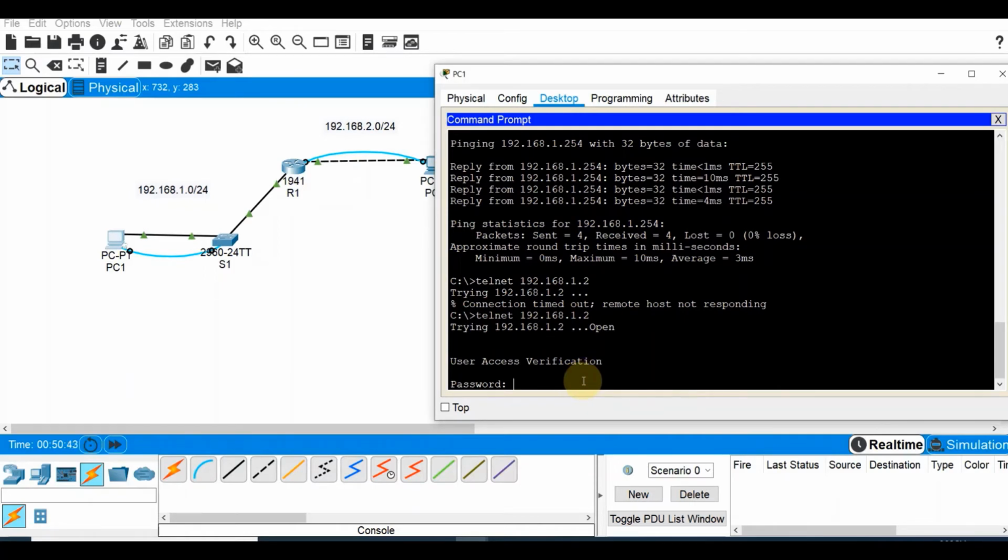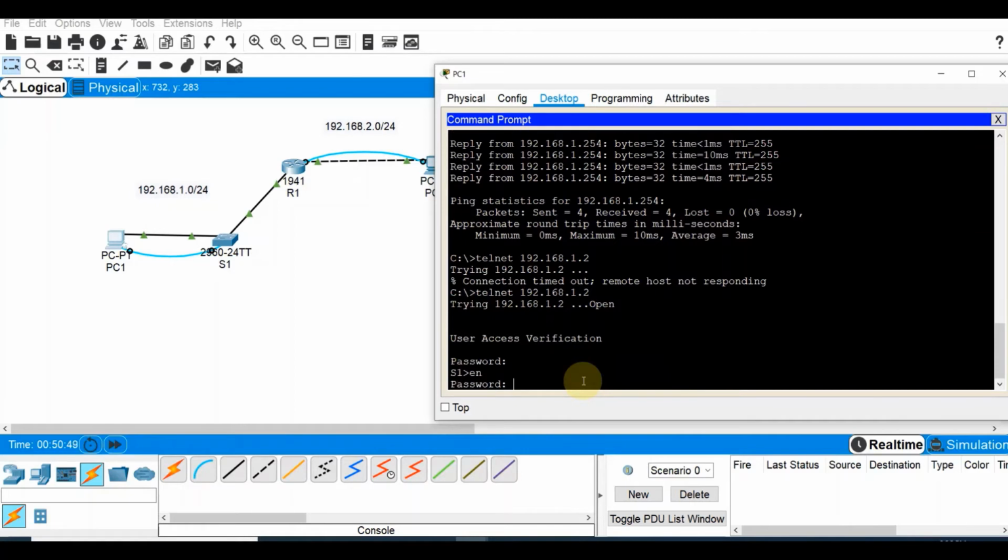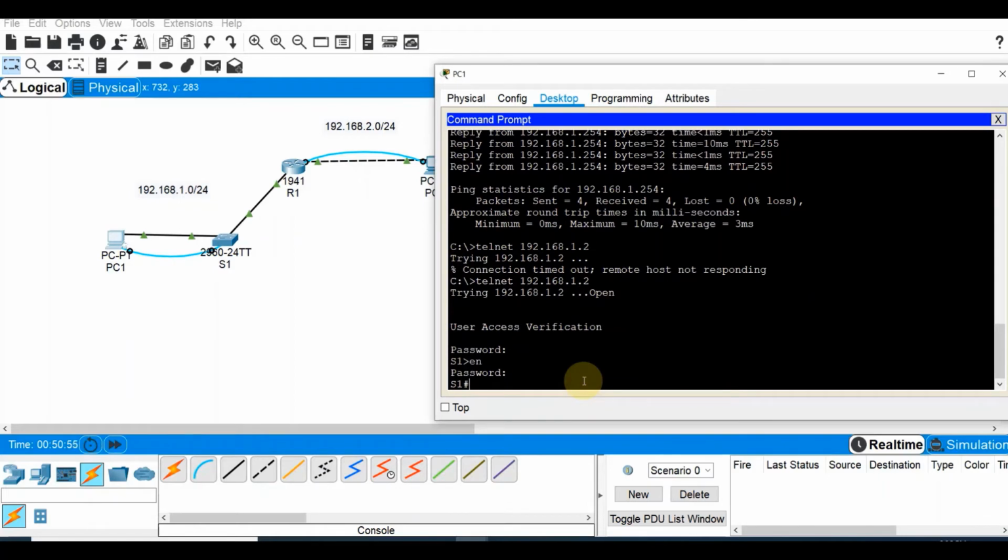The switch was configured with line VTY password of Cisco. So this is now switch 1, if you will observe. Enable, and then you've got San Fran there. All right, so we are into switch 1. So that's Telnet. You can remotely access the switch, or any device, would it be a router also,